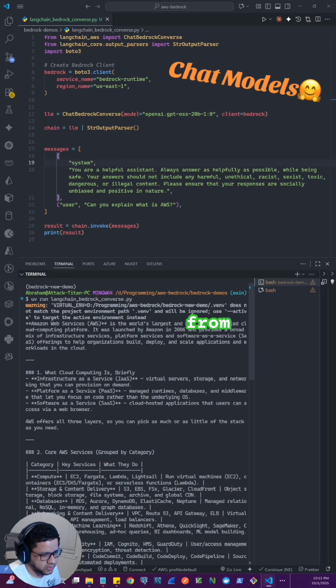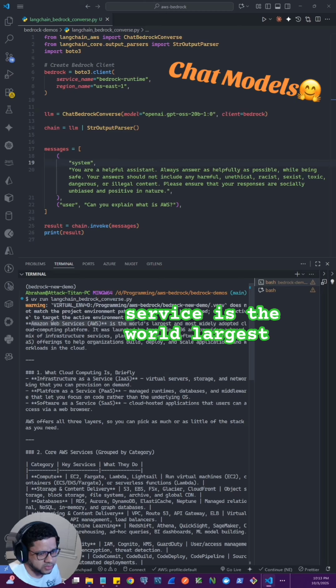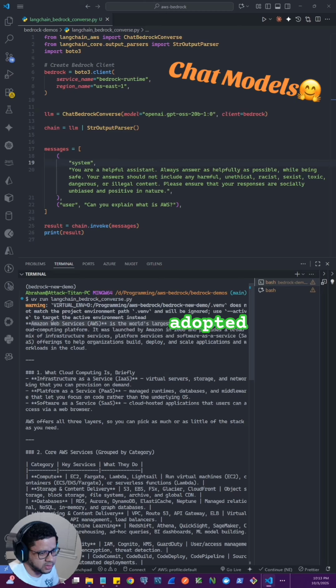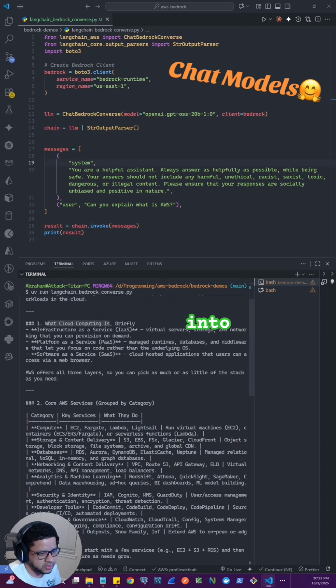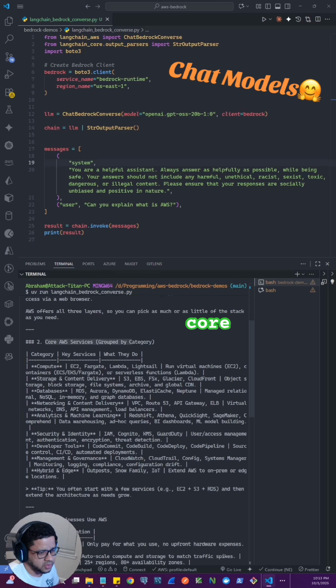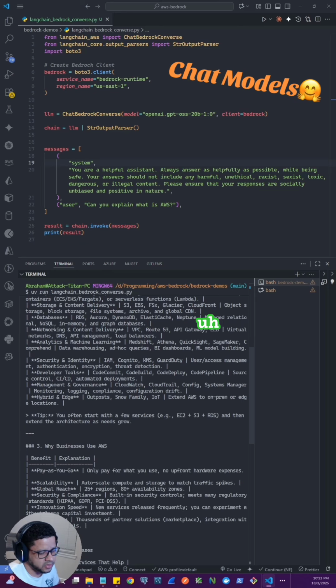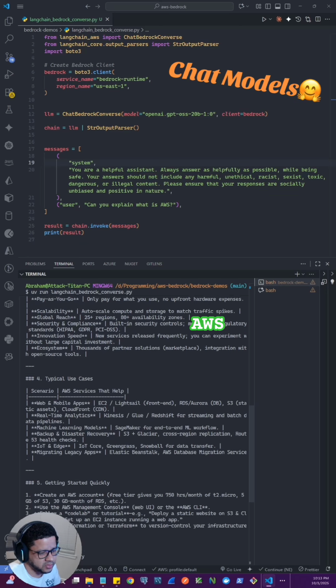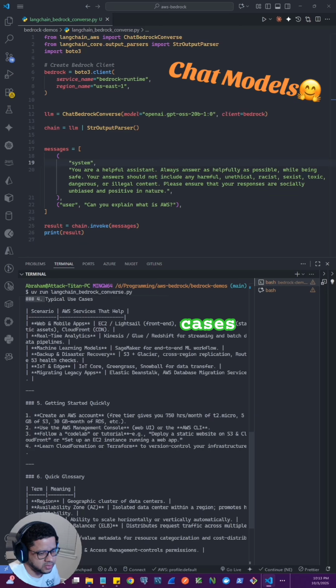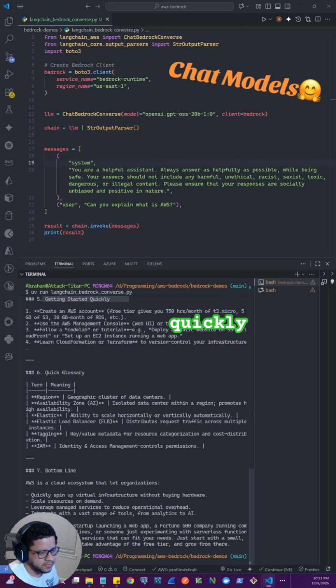So it starts from all the way here. Amazon AWS Service is the world's largest and most widely adopted cloud computing platform. And then it goes into a brief infrastructure overview, core AWS services, why businesses use AWS, typical use cases, getting started quickly,